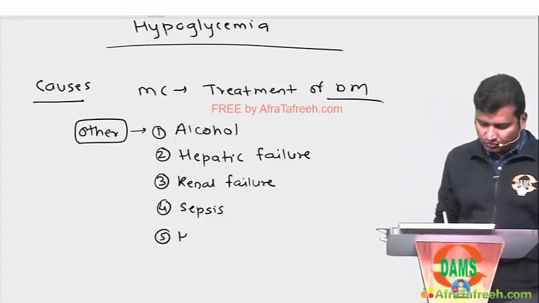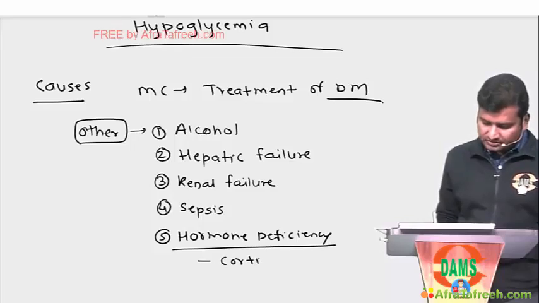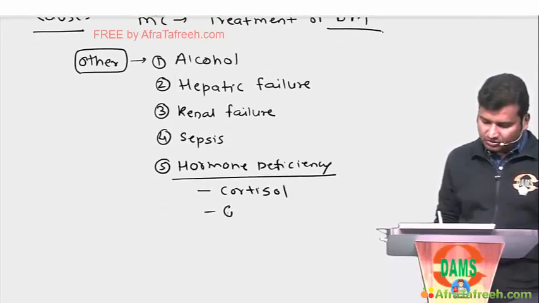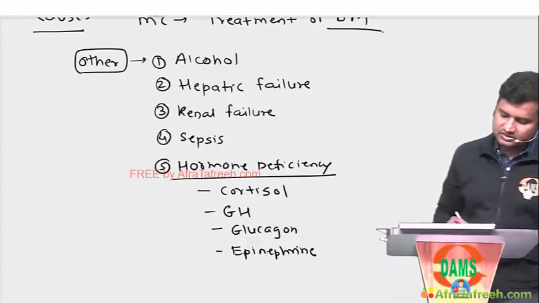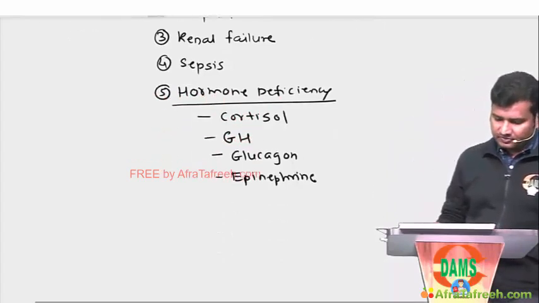Then hormone deficiency. In hormone deficiency, all hormones which are responsible for counter-regulatory mechanisms, for example, cortisol, growth hormone, glucagon, and epinephrine. Deficiency of these hormones causes hypoglycemia. Then